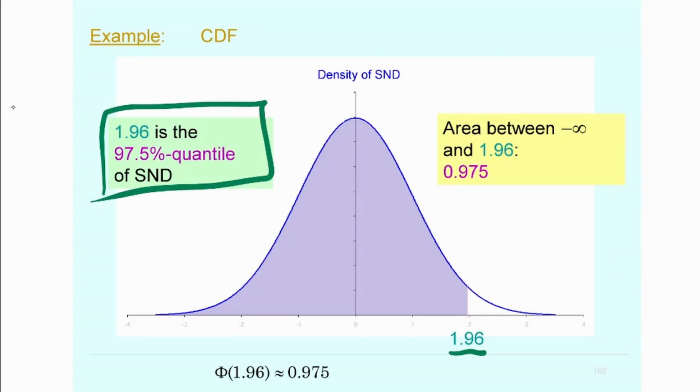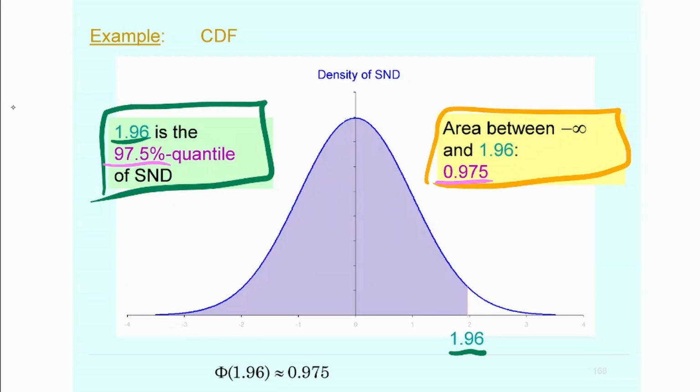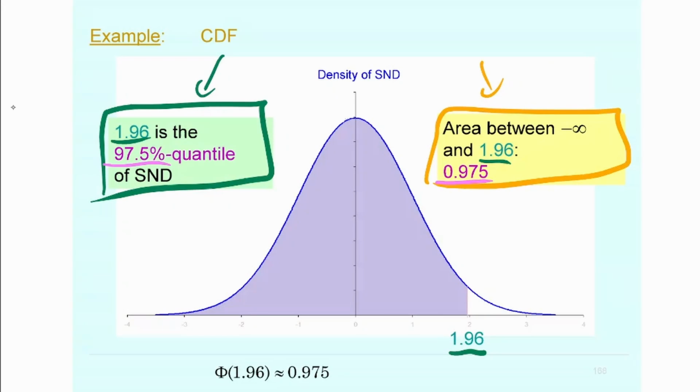Understand that point, guys? Okay, so that's basically telling you what you need to put into the cumulative distribution function to get 97.5% out. And here on this side, it will tell you what you get out, namely 97.5%, if you put 1.96 into it. So that's basically what you have, all right? So you can call it the image, and that would be actually considered to be the pre-image. We talked about pre-images.